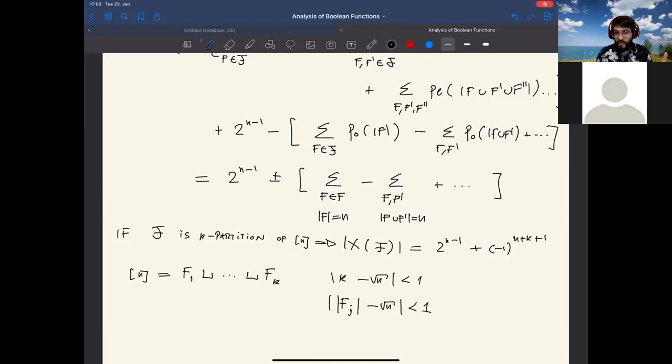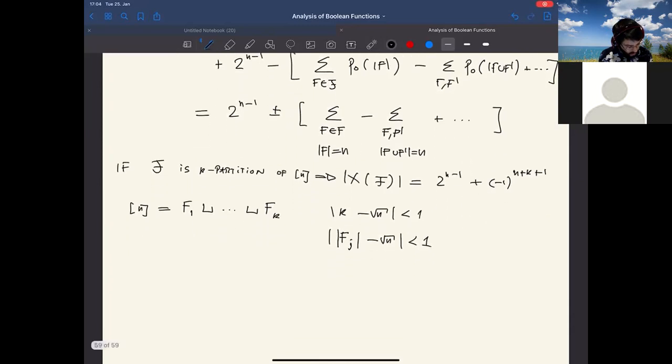So you just take the first square root of n guys, then you take square root of n plus 1 to twice square root of n, and you do that. You have to do that square root of n times to have square root of n sets, all of size approximately square root of n. Basically, that's the construction. Okay, and so if that is true, then you conclude that